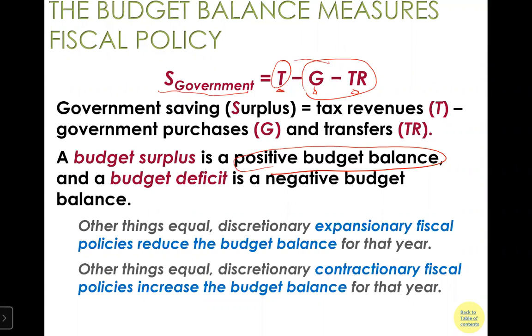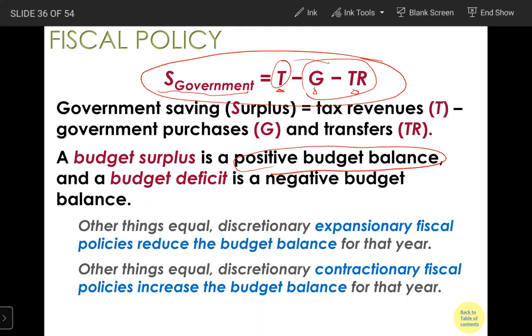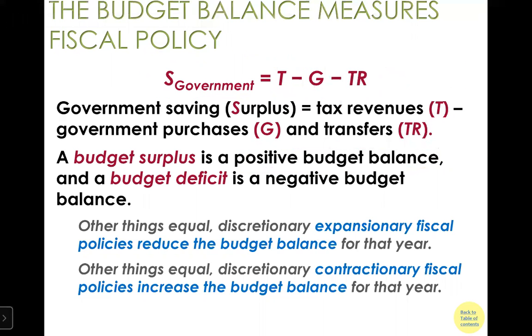On the other hand, if your income is less than your spending, you have a negative budget balance. The government is running a deficit. Okay, so this is how we understand the number in this equation. Okay. Now let's see how this is going to fit into the discussion of fiscal policy. So if we are in a recession, the government usually will use expansionary fiscal policy, and this expansionary fiscal policy usually works as follows: decrease tax, increase G, increase transfer.